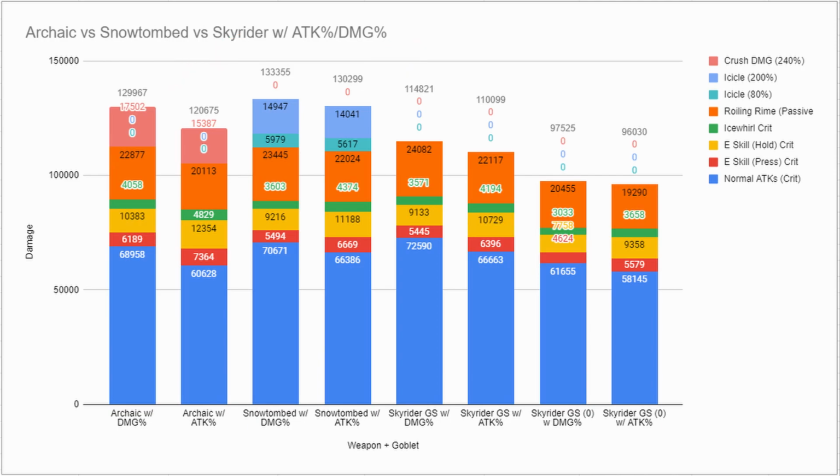But again, remember that this includes both icicle damage values, so really, they're almost basically the same, or the Archaic's going to beat it if you hit low icicle damage numbers. Pretty much the same story we were seeing with our first graph. If we look at the Skyrider Greatsword, however, it looks like it's getting worse. So over longer periods of time, where you can't execute your burst as often, the Skyrider is going to begin